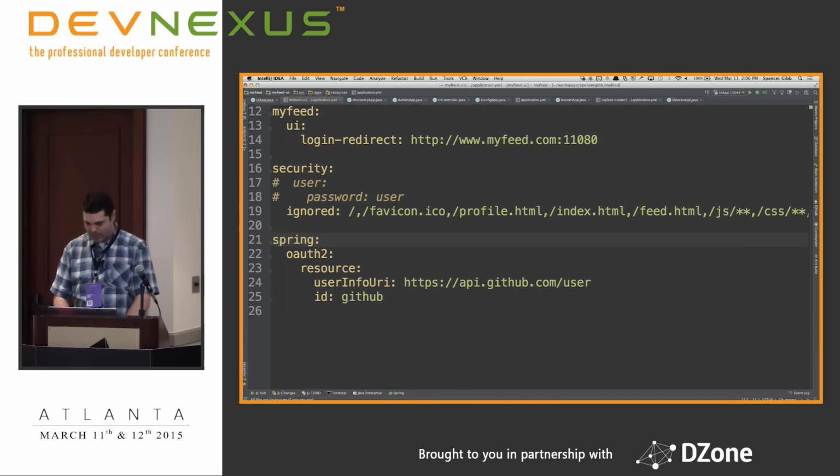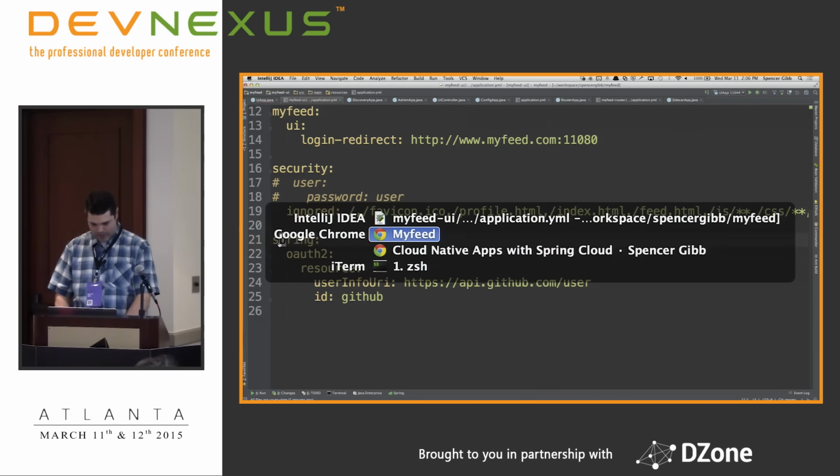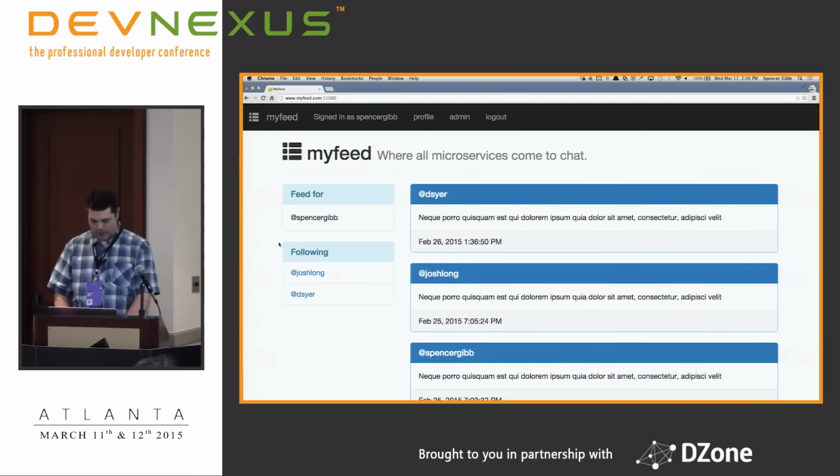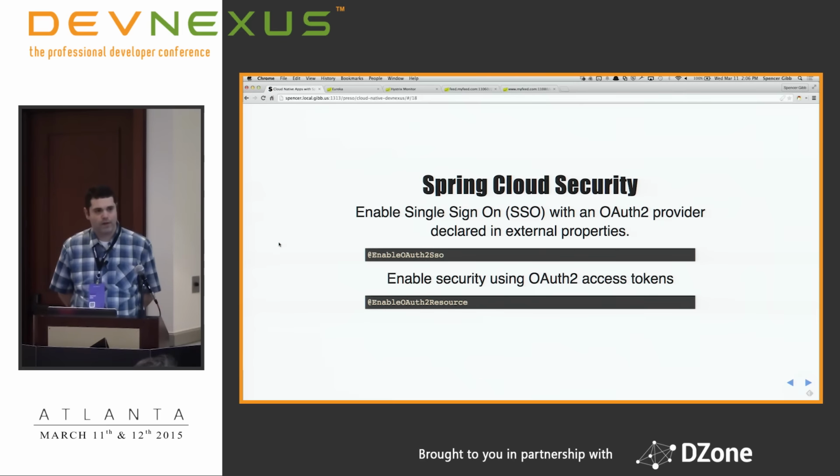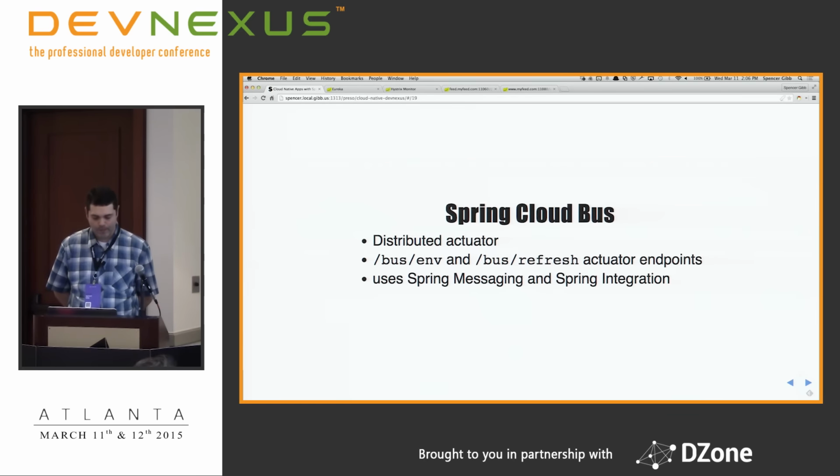I want to talk a little bit about, so someone asked about the refresh earlier, and I was poking one node to refresh, right? So we've created this thing called the bus. I like to think of it as distributed actuator, right?